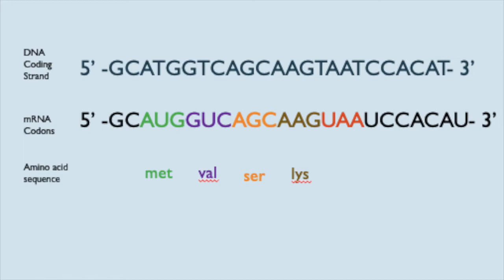Once we have the mRNA sequence, we are able to translate it into our amino acid sequence. The reading frame starts with the start codon, AUG, which codes for methionine, then GUC, which codes for valine, AGC, which codes for serine, AAG, which codes for lysine, and then the stop codon, UAA, which does not code for